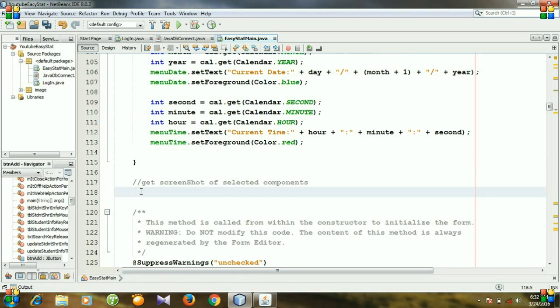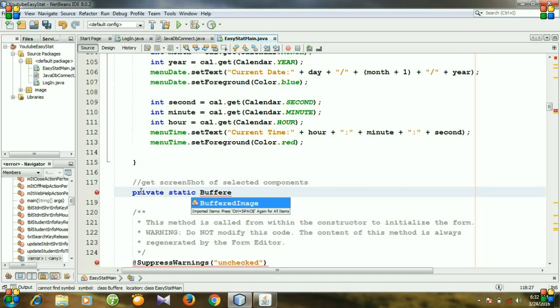The method will be like private static BufferedImage. Sorry, this is the return type of our method,